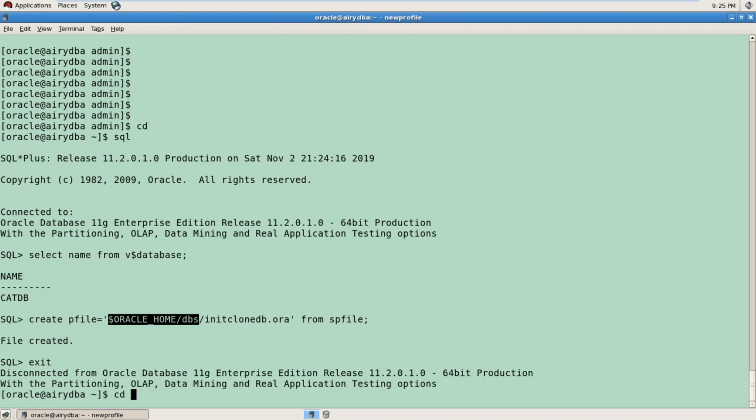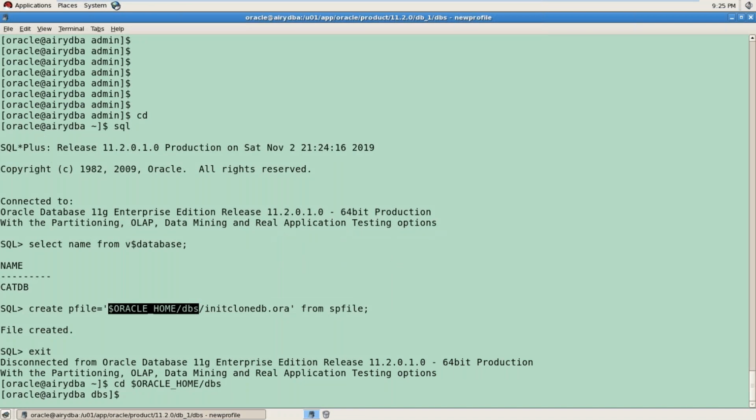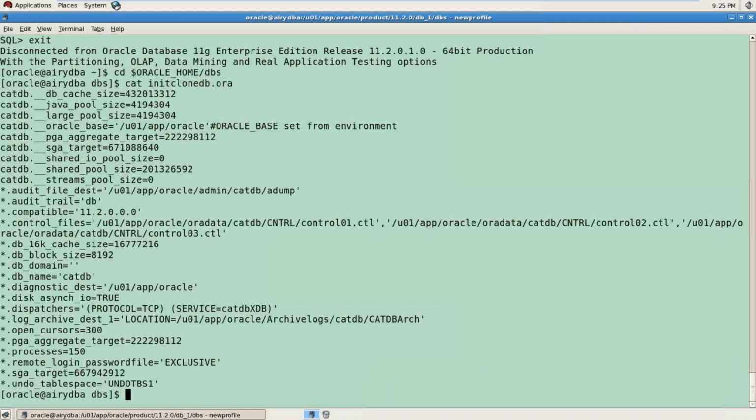Exit cd and this location, and cat, first of all cat clone db dot org, right? So this is my cat db p file, so I need to make some entries, right? So I will just make it for